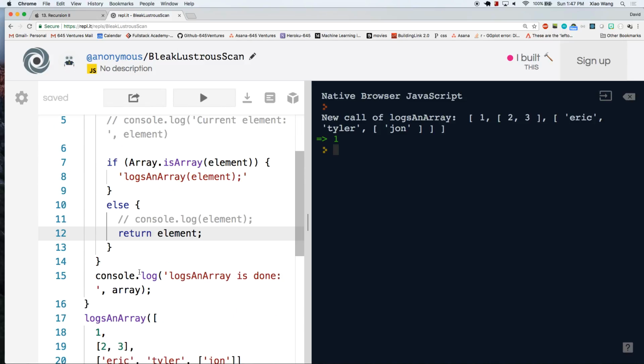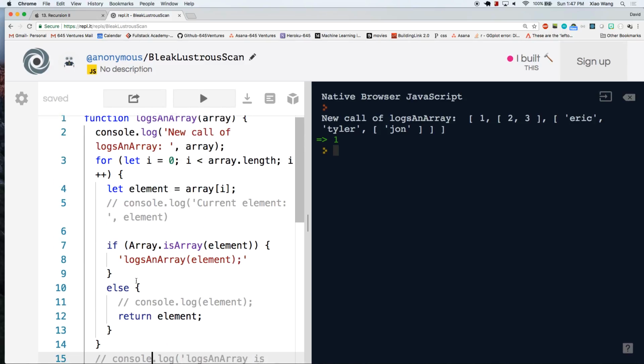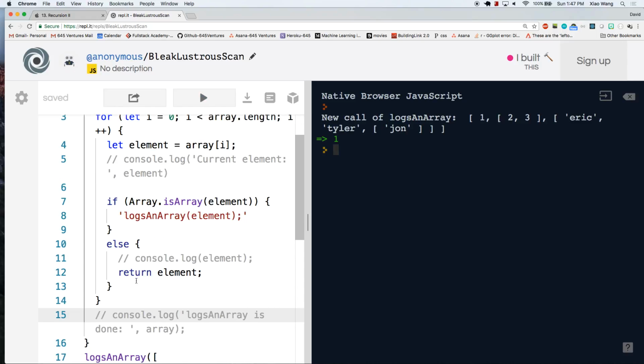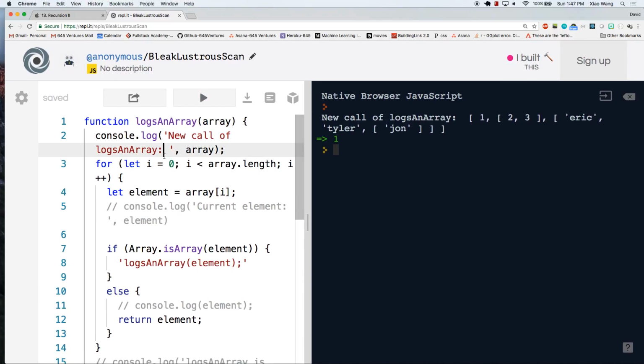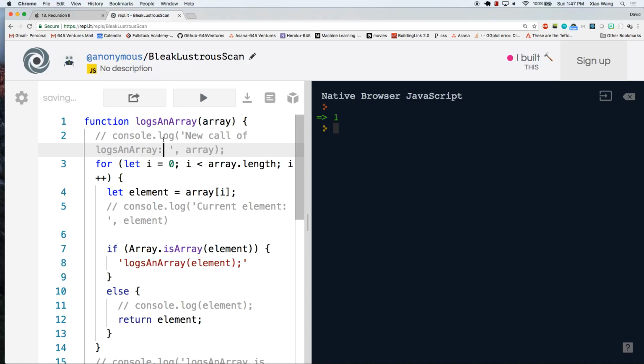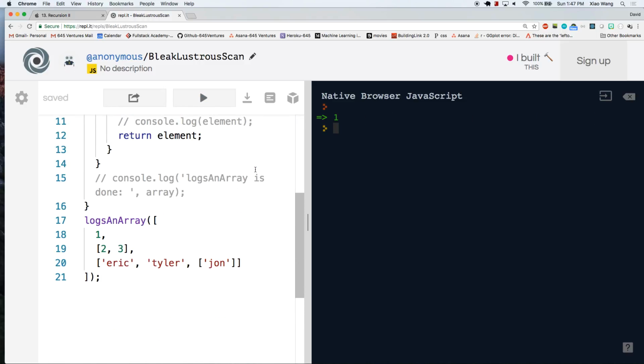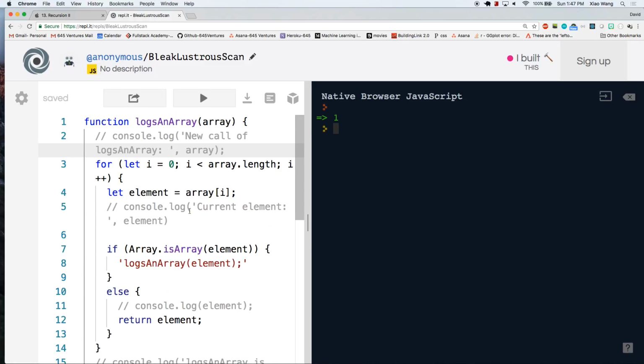Hold up. Where does our console block? Okay, it prints out the 1. But essentially, the point here is that if we remove this console, or if we do this return statement, it also kind of breaks the function, right? Because the point here is we want to iterate through this entire loop. So if I have a list of 3 things like I do here, as soon as it hits the first thing that's not an array, it's going to return it, and then there's nothing else to do. So the function is going to end at this point.